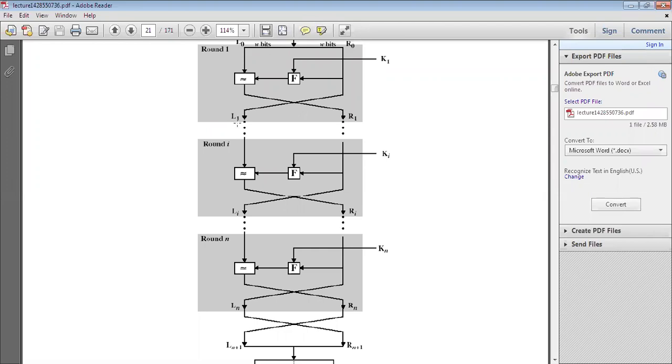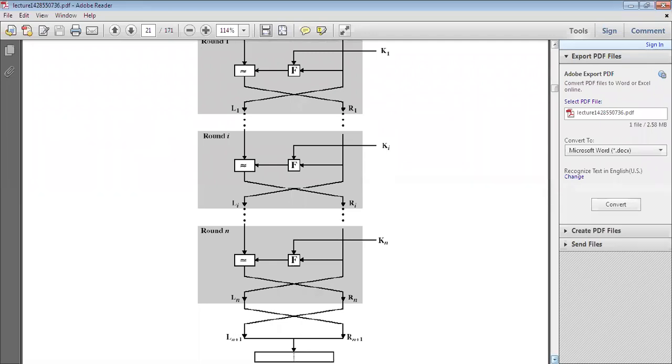You can get the left side, L1, which is also 32 bits. That is the input to the next round: the output of round one is given as input to the next round. So L1 R1, L2 R2, L3 R3, up to Ln Rn. Finally, the left one will be assigned to the right side, and the right side you have to take as the left side.